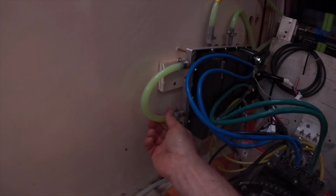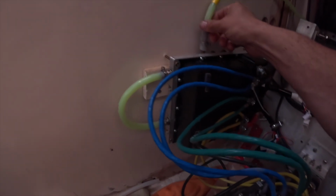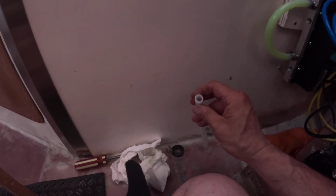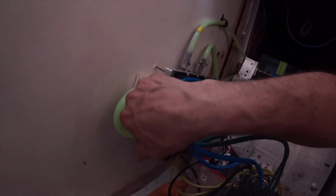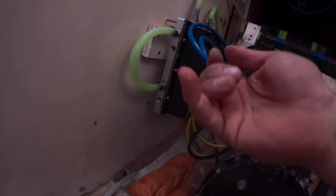This silicone hose is actually really good. I bought a high pressure, high temperature silicone, and it's very pliable. Here's an empty piece, it's squishable. And it seems to be working really good for me in this application. I was just worried about these joints more than the hoses, but I don't see anything leaking